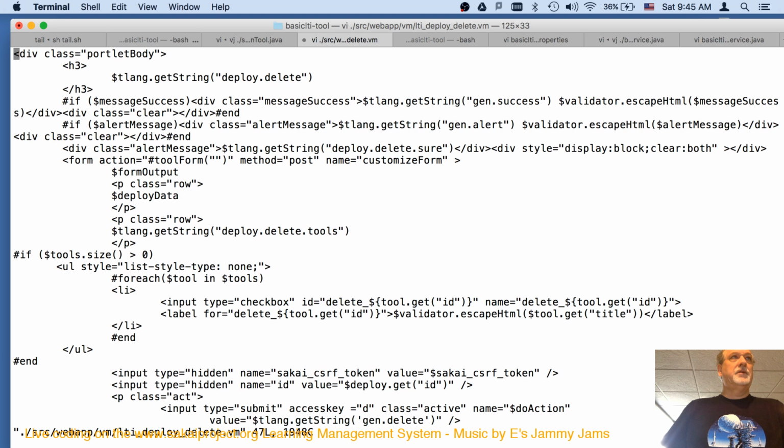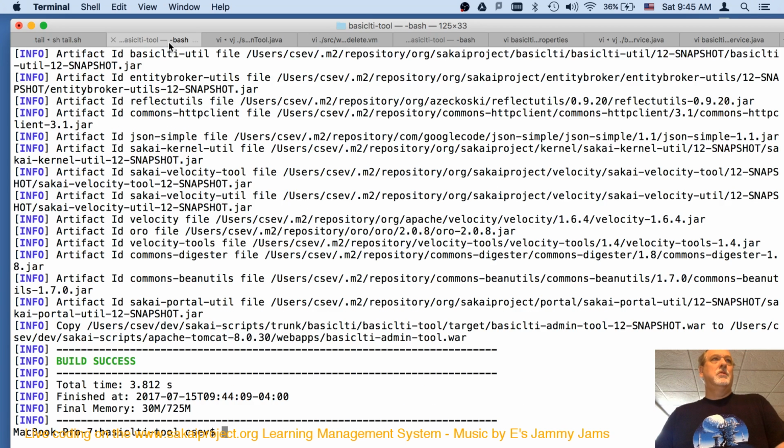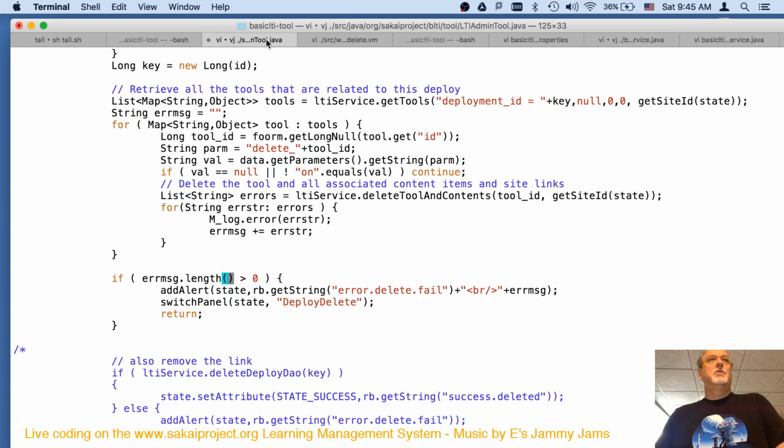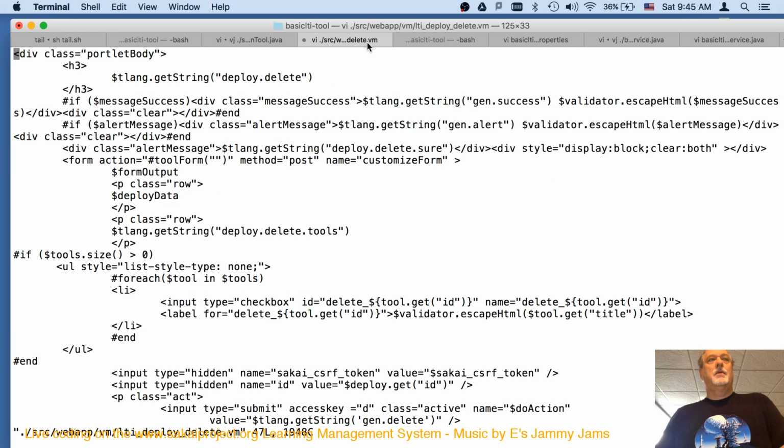If tools.size is greater than 0. Did something go wrong here? No. But there are no tools. How can the tool size be greater?